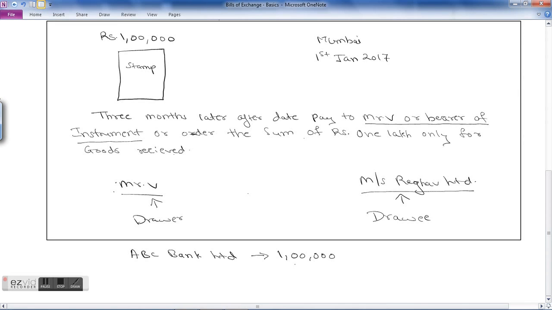Then the bank will deduct its discounting charges. Okay, so let's say the discounting charges is 5%. Okay, 5% of 1 lakh. So how much does that come to? That comes to 5,000. Correct. So the net amount of 95,000 bank will pay to